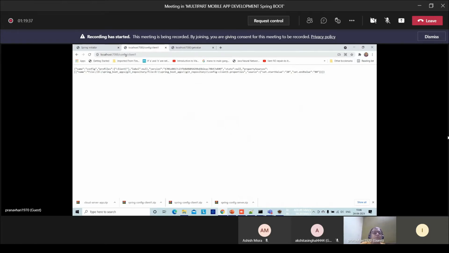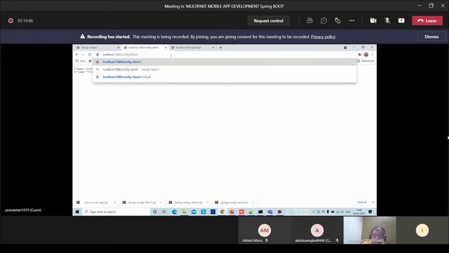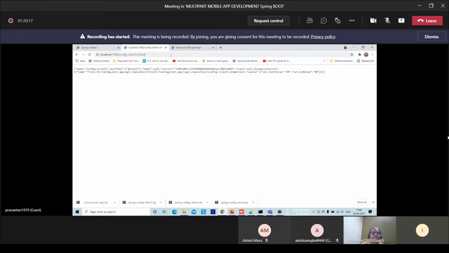Okay. So now config hyphen client one is working. If I write it all together, config hyphen client one, if I consider the whole name and I have not associated any profile, that config hyphen client one is just the name of the project or of something, then by default the profile will be default.